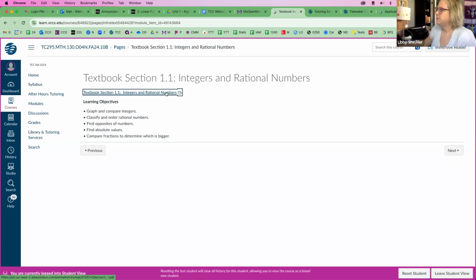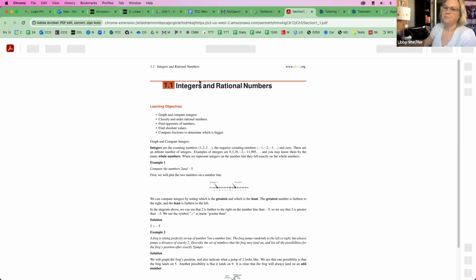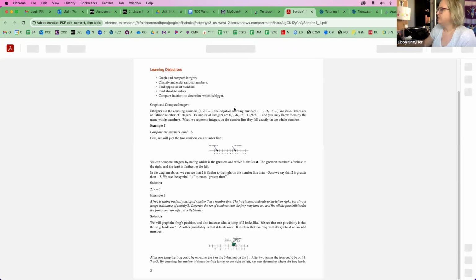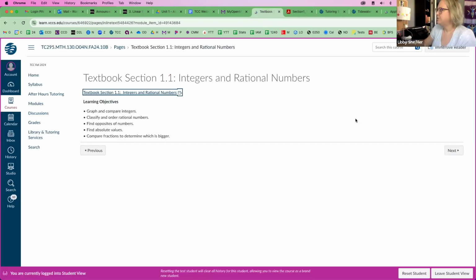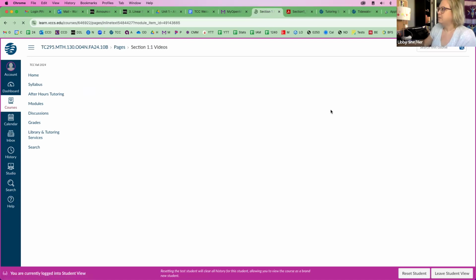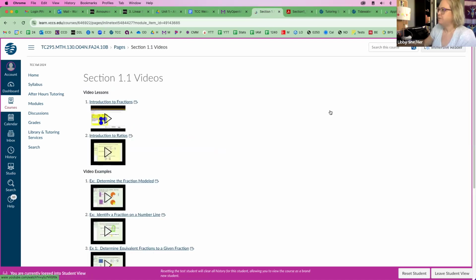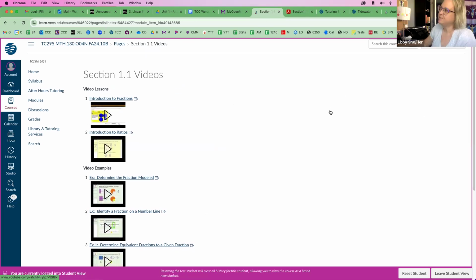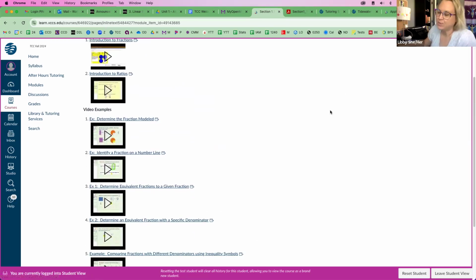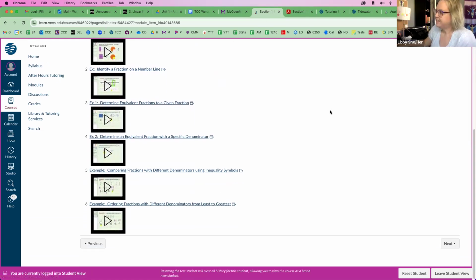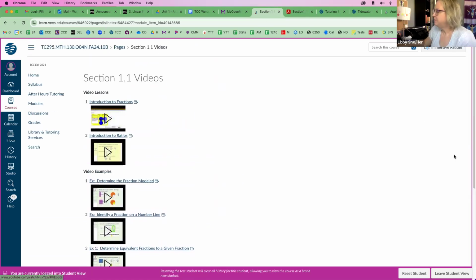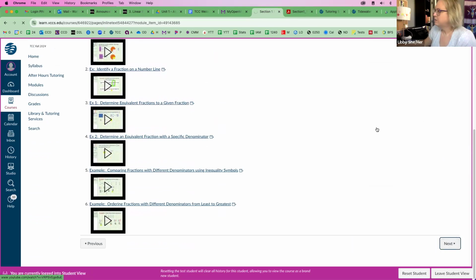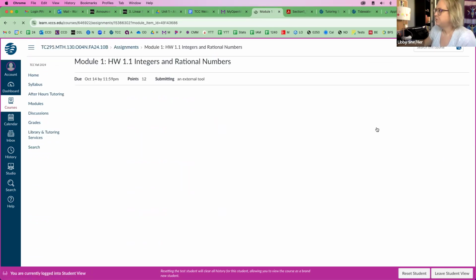And then the textbook. So if I click this link, it's a good time to check and make sure my links work. Yeah, it works. So here's the textbook, and if you don't want to read the textbook, that's fine. It's just an option. Here's your learning objectives. And videos. This is what most students want, the videos. So you can go one by one, watch your videos, take notes, take good notes. And then once you feel comfortable, you can move on to